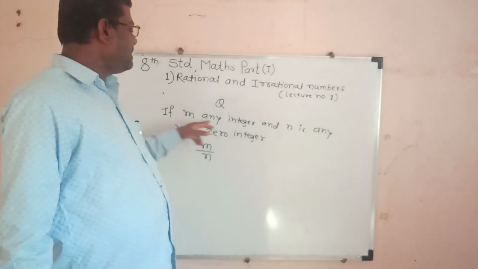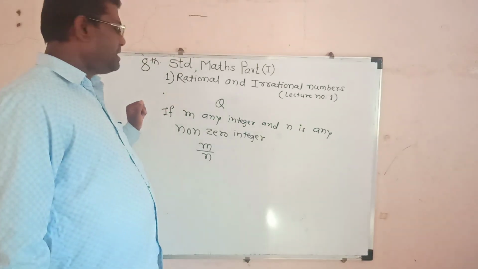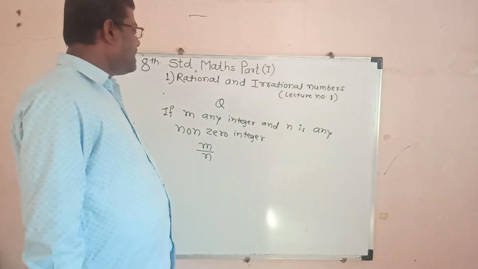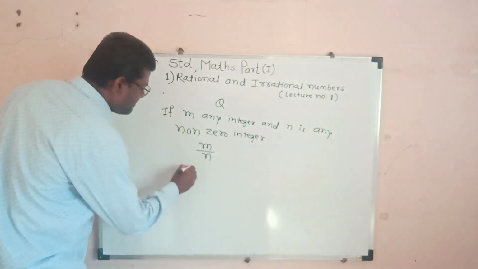If m is any integer and n is any non-zero integer, then m upon n is called as a rational number. For example,